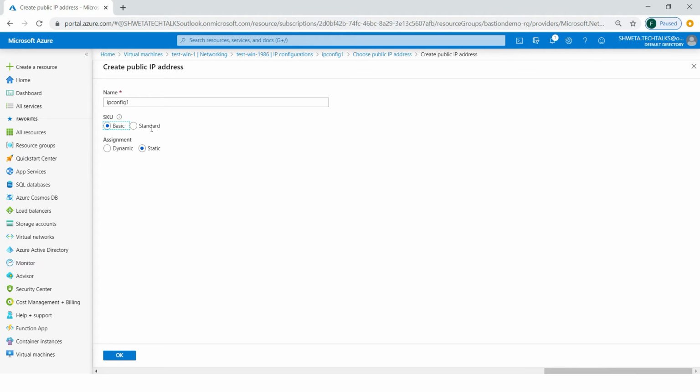The difference between basic and standard is that the zone resiliency or availability zone options are available in the standard SKU, which is not available in the basic SKU. So for now, let's go with the basic SKU and a dynamic assignment.